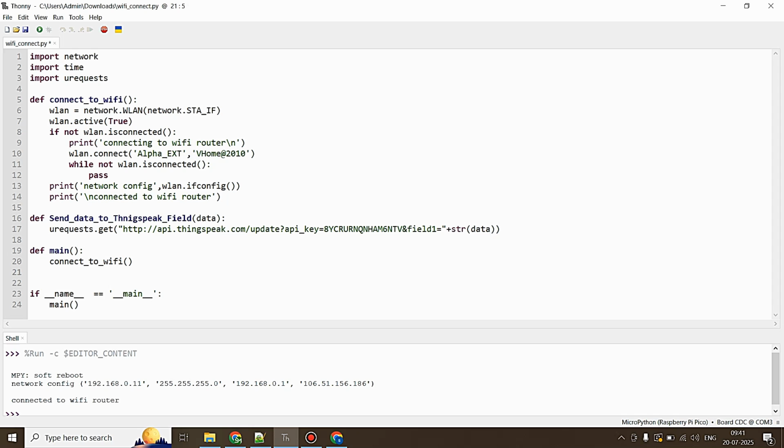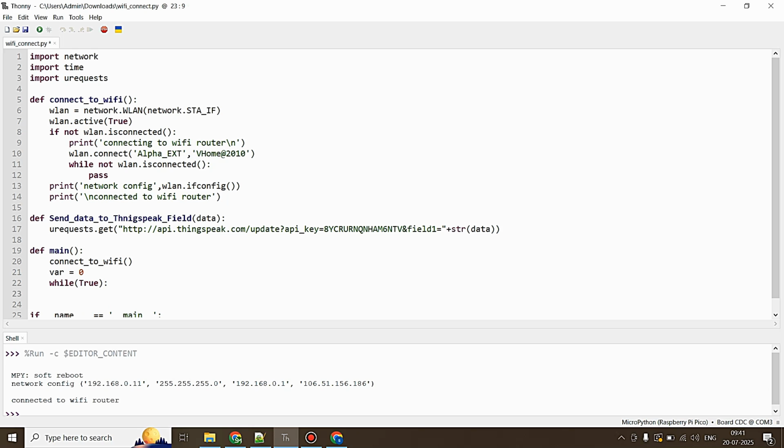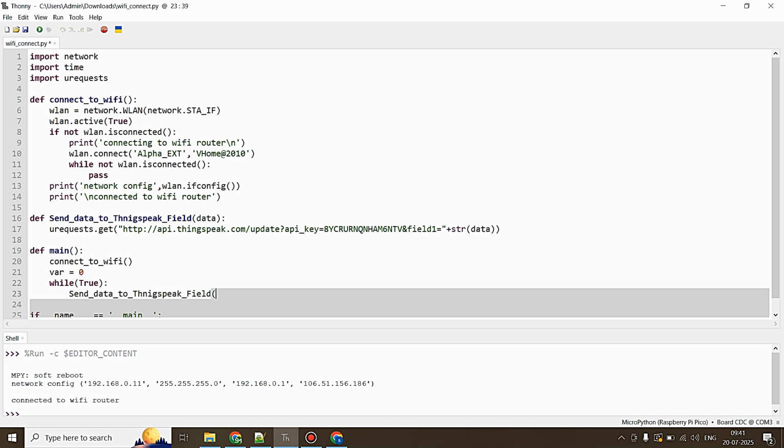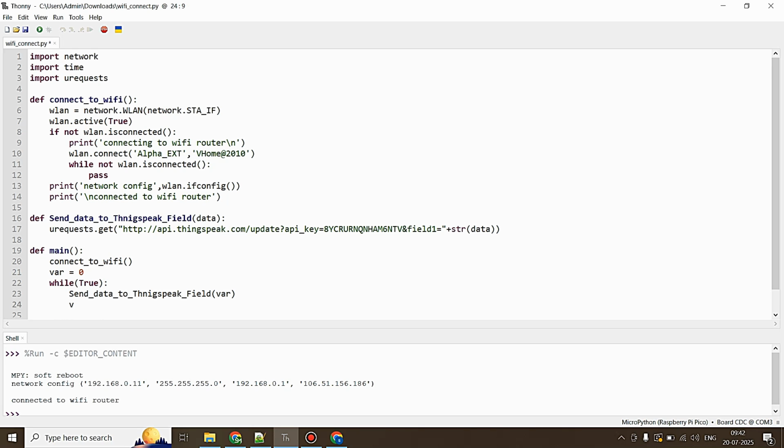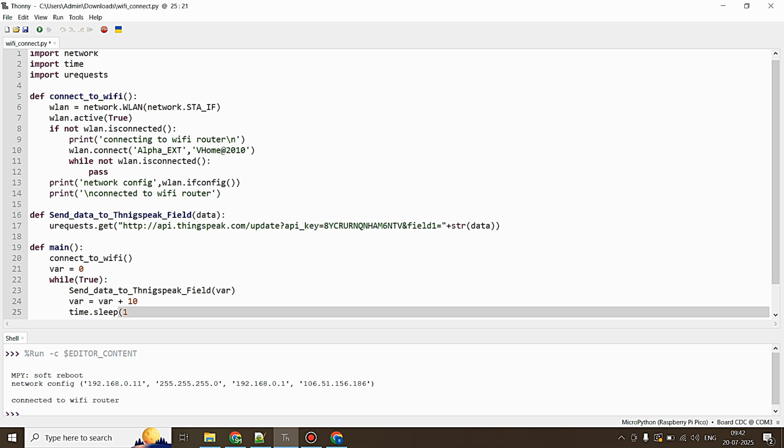And inside the main function, I'm just going to declare a variable called var, initialized with 0, and I'm just going to write an infinite loop, that is while True as usual. And inside the while True, I'm just going to call the same function by passing the var variable, and after that I'm just going to increment the var variable by 10, and here I'm just going to give a delay, this is sleep of 16